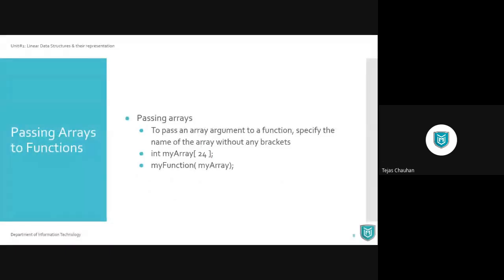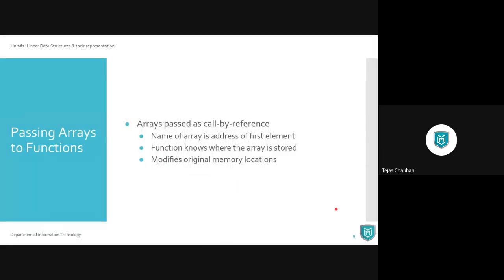If you want to pass your array to a function, okay, then you just need to write the array name, variable name, in the function call. So my function and my array, that is just a variable name. No need to define any square bracket here. But when you do this, it is going to pass the 0th element address always. Only writing the array variable name is actually the address of the 0th element, and that's why it is called by reference always.